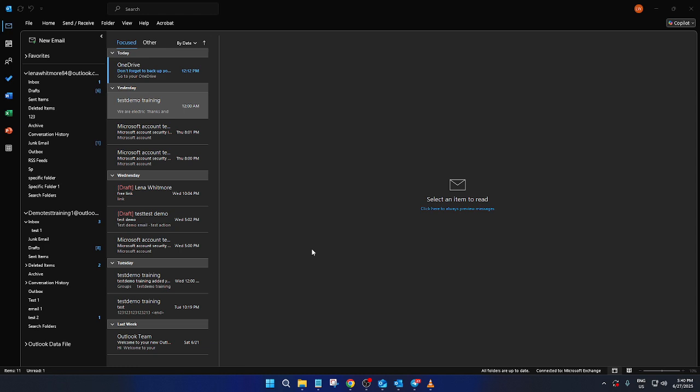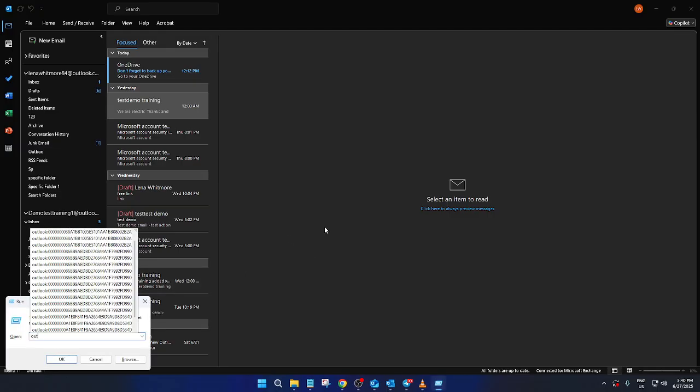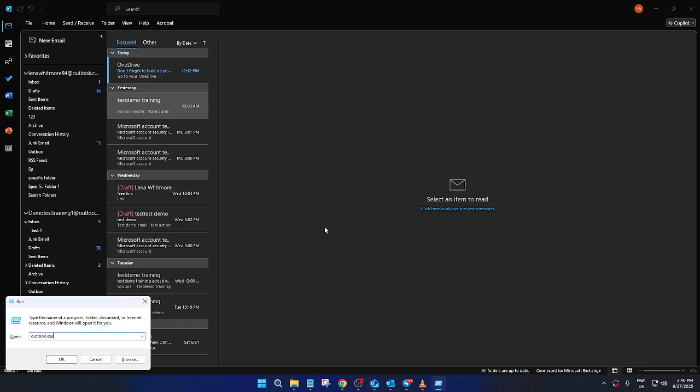To do this, you'll want to press the Windows key and R simultaneously. Once you've done that, a small window will pop up inviting you to enter a command. Here, you'll type outlook.exe /safe without the quotes and press enter. If your Outlook starts working normally in safe mode, it's a strong indicator that an add-in or customization might